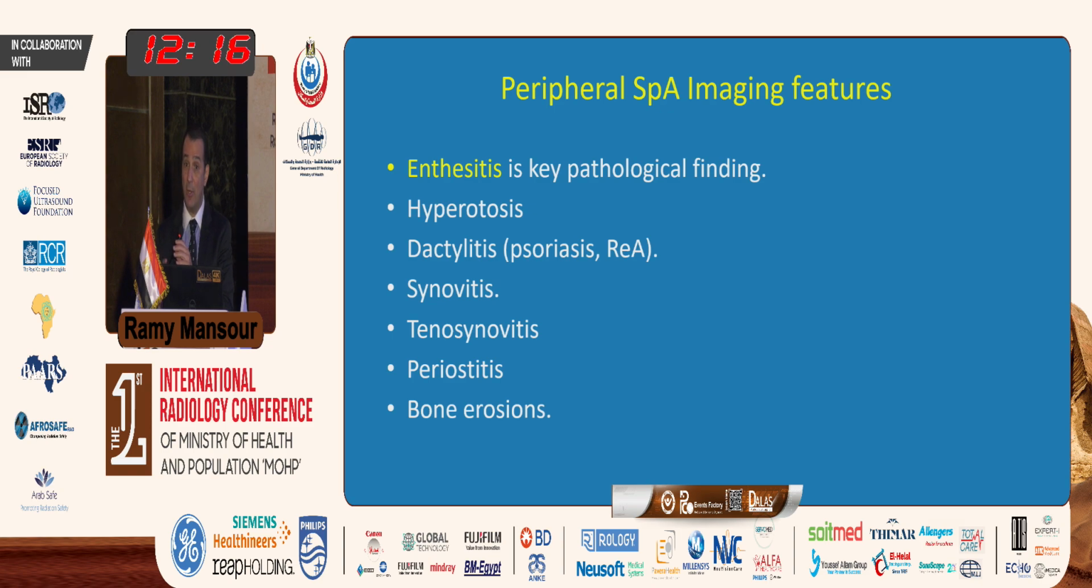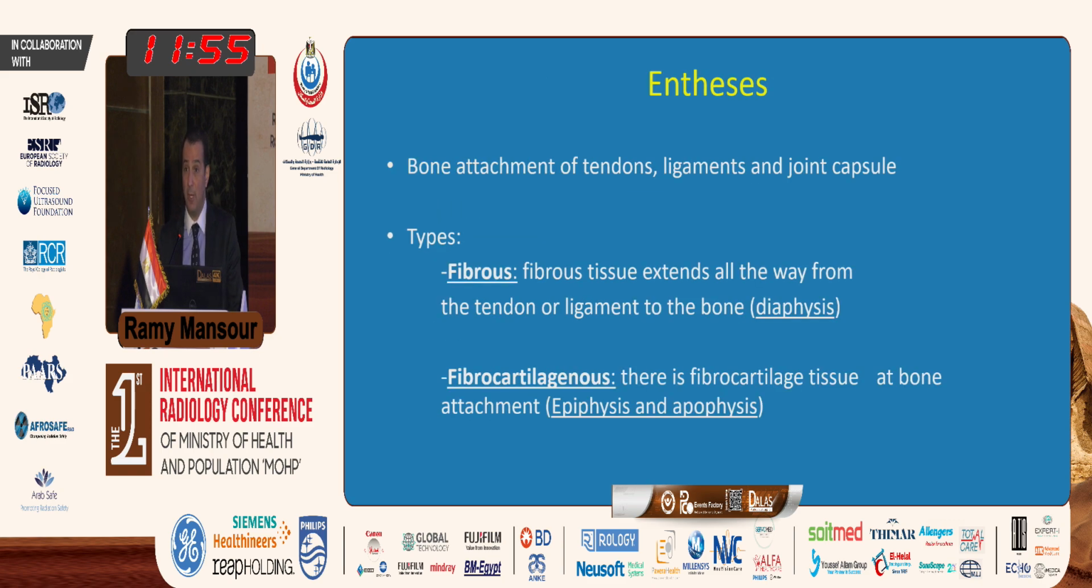The main hallmark is enthesopathy that we come across in those patients. Sometimes we can see hyperostosis, dactylitis, synovitis, tenosynovitis, bone erosion, and periostitis. But by all means, the hallmark of seronegative arthropathy is enthesopathy or enthesitis. Just a quick overview about what we mean